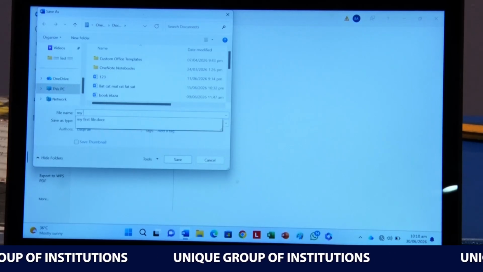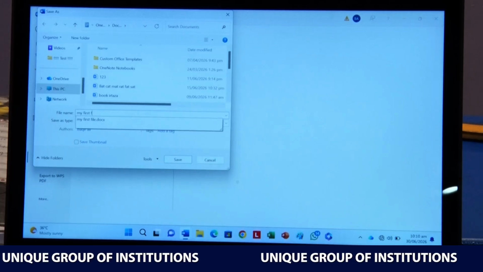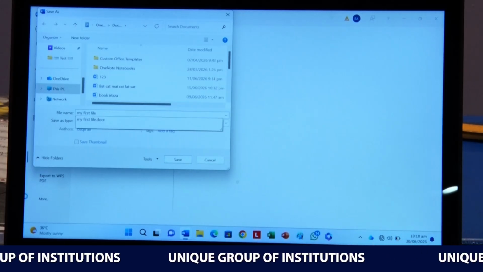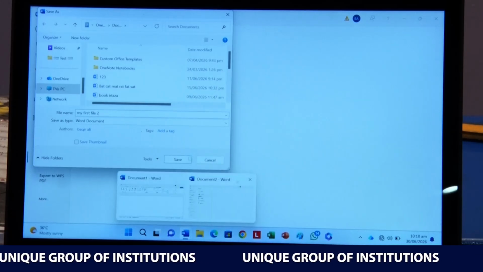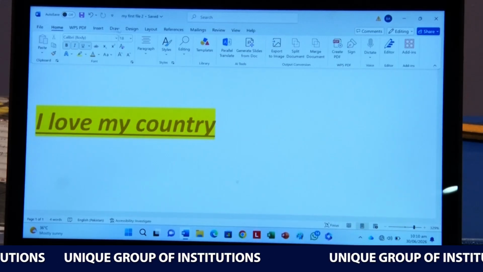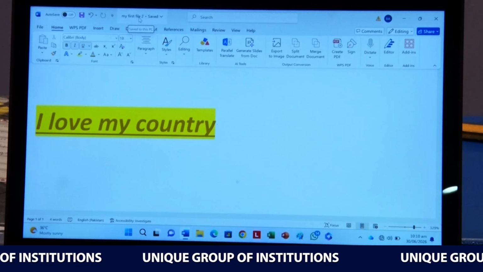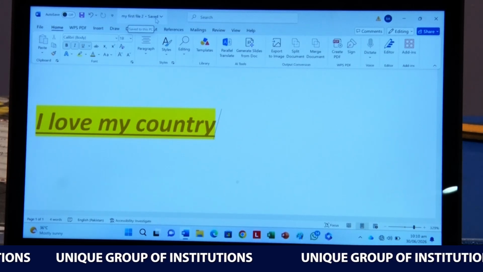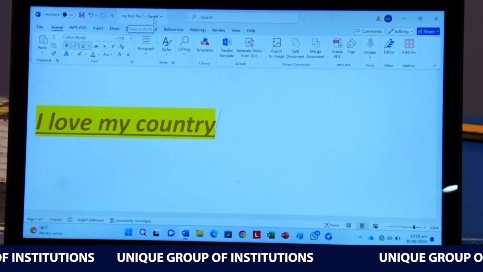I am writing my first file 2, and then press save. You can see there is the title of my first file 2, and after it this is saved. Now your document has been saved.